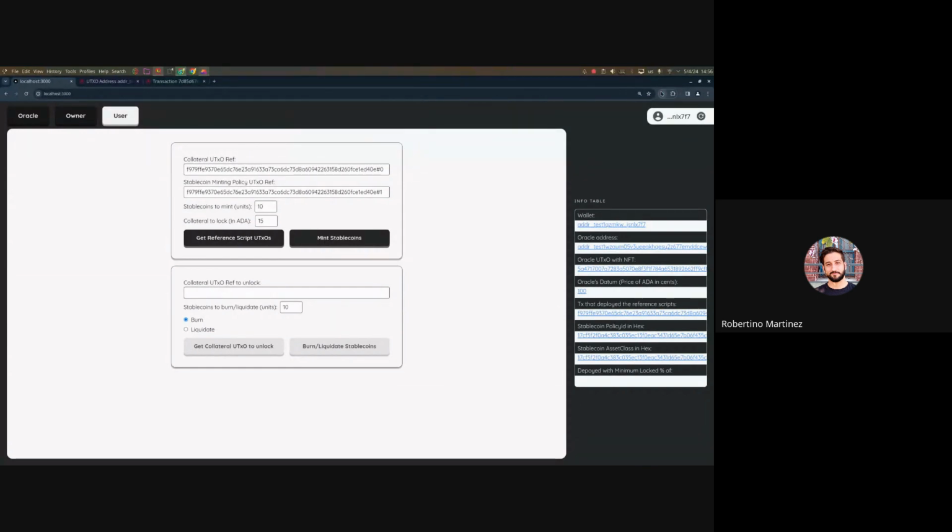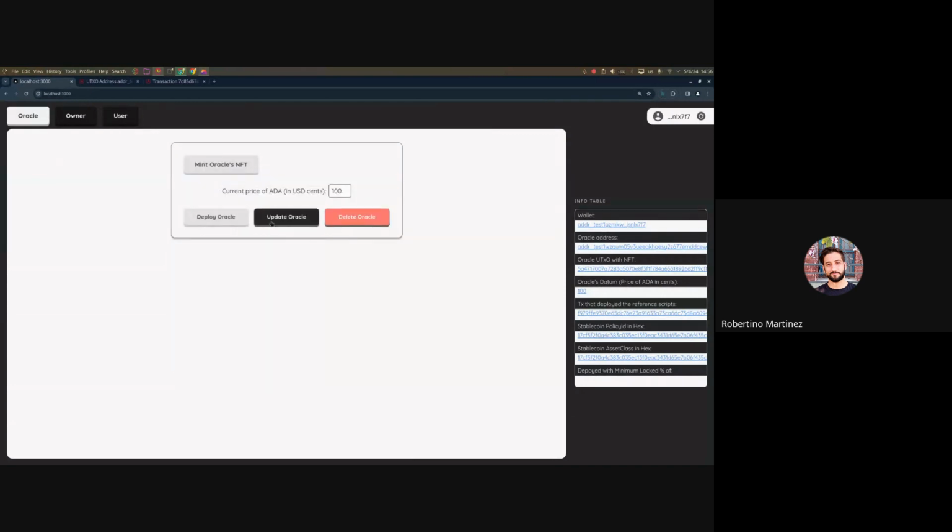And well, eventually it's going to go, but we can keep going. So user 1 minted stablecoins using the current value of the oracle, which was 100. $1 is 1 ADA. But then something catastrophic happens,